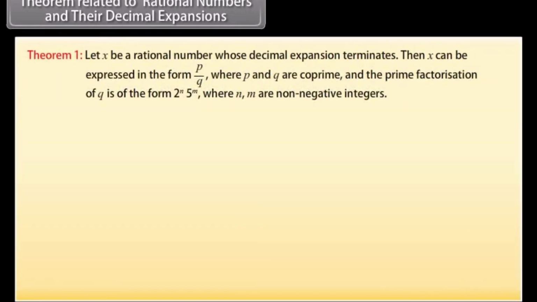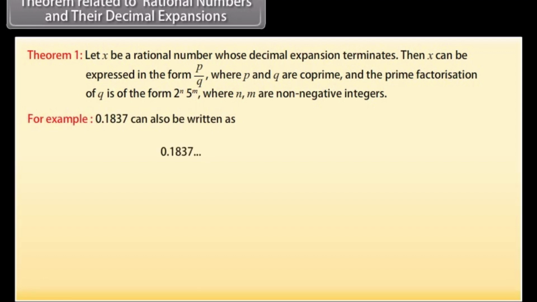Theorem related to rational numbers and their decimal expansions. Let x be a rational number whose decimal expansion terminates. Then x can be expressed in the form p upon q, where p and q are coprime and the prime factorization of q is of the form 2 raised to the power n, 5 raised to the power m, where n, m are non-negative integers. For example,